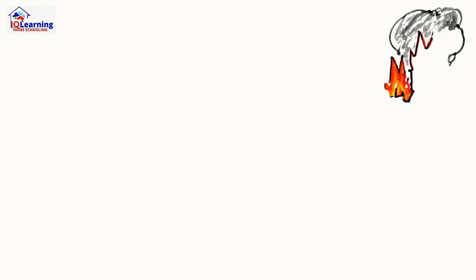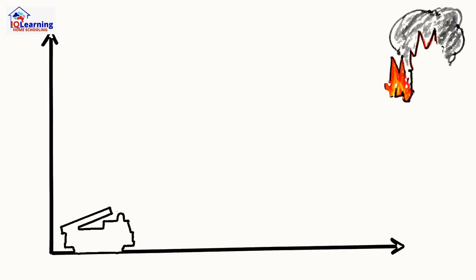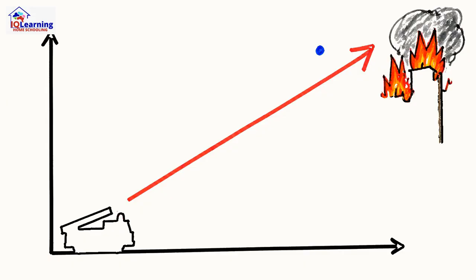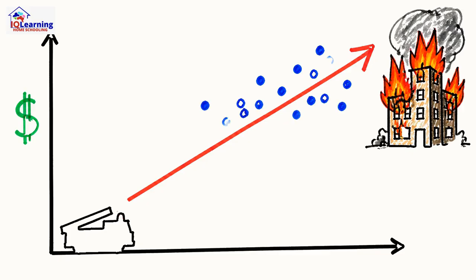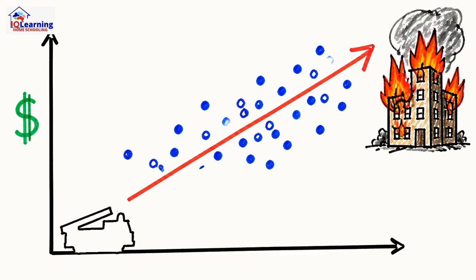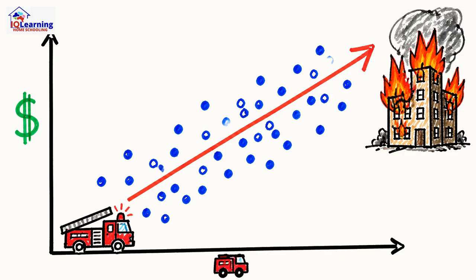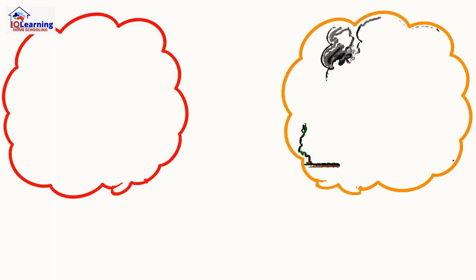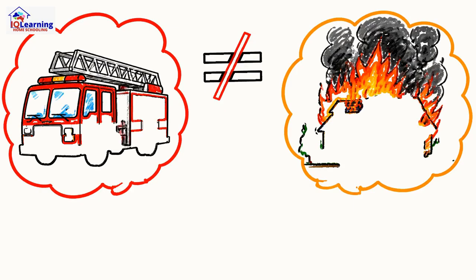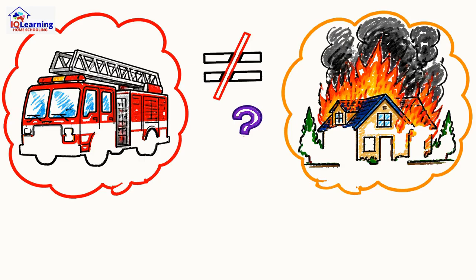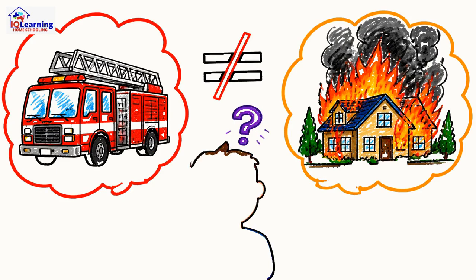Imagine looking at data from 100 city fires. You plot the number of fire trucks that responded against the total dollar amount of damage. You see a clear pattern. The more trucks, the more damage. A strong positive correlation. So, does sending more fire trucks cause more damage? Of course not. This is the central puzzle of bivariate data, seeing a relationship between two things and figuring out